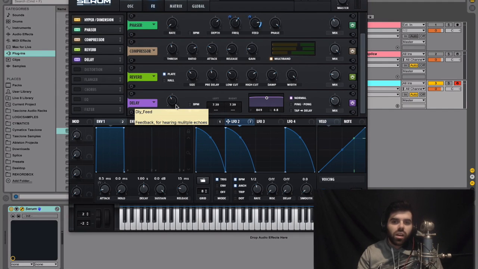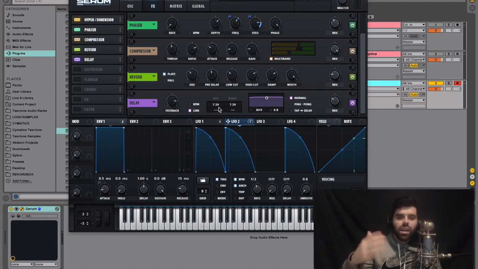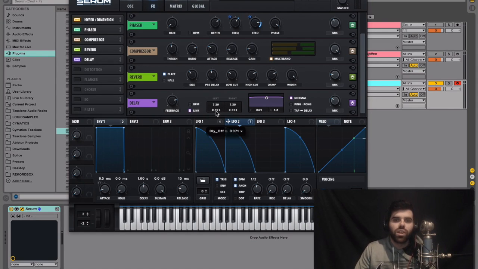So right now you should be hearing, and it's kind of tough to hear, but we're going to turn this feedback up. So when you turn it up really high, you can just hear when the signal goes into the delay, it's repeating every 7 milliseconds, depending on how much feedback you put back into it. And we're also going to drag this down a tiny bit. So that's just adding a nice stereo space.